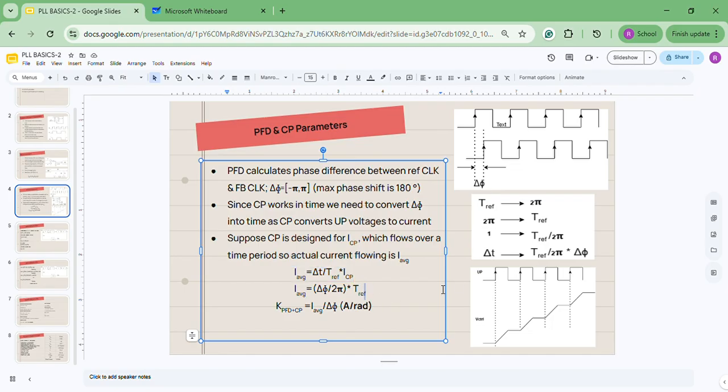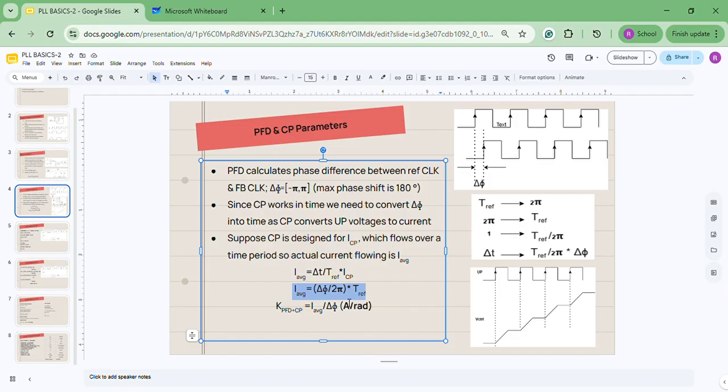So this was our I average which was flowing to the low pass filter. Now we will substitute this delta t into this first formula. When we substitute delta t here, we'll get this equation. This you can do and check. When we replace delta t by this formula, T reference by 2 pi into delta phi, we'll get another form of our first equation, and this delta phi we will take to the other side. So finally what we get is I average by delta phi, which is nothing but ICP